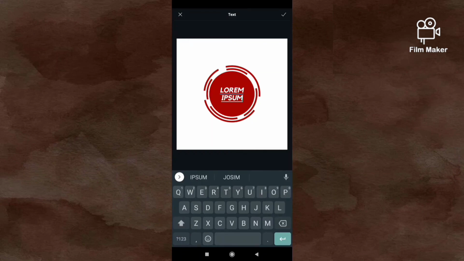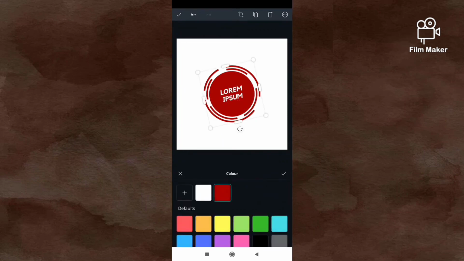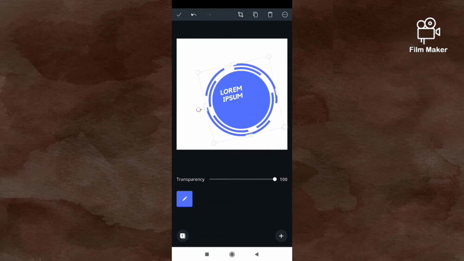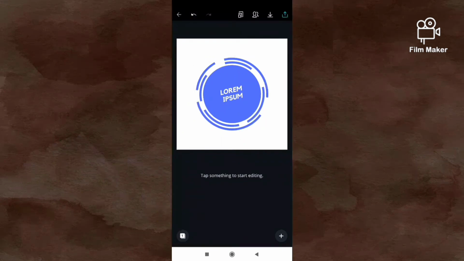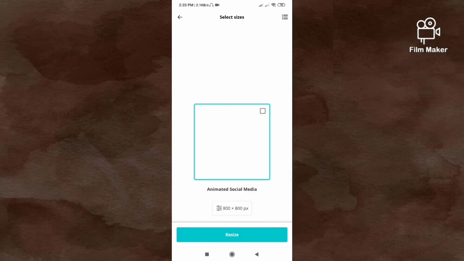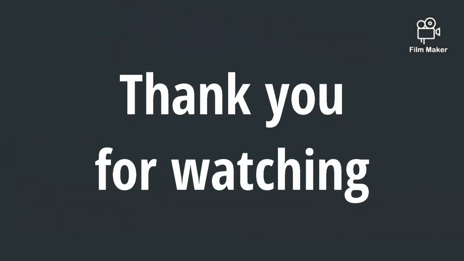On top right you can select the tick, see the check mark, so always click on that after editing, and we can see the colors can be changed and the size can be increased. And for alignment you can see that it is pink in the center, and this is our logo. Even we can resize it, but that is a premium option. Simply click on the top right second option and our logo will be downloaded.